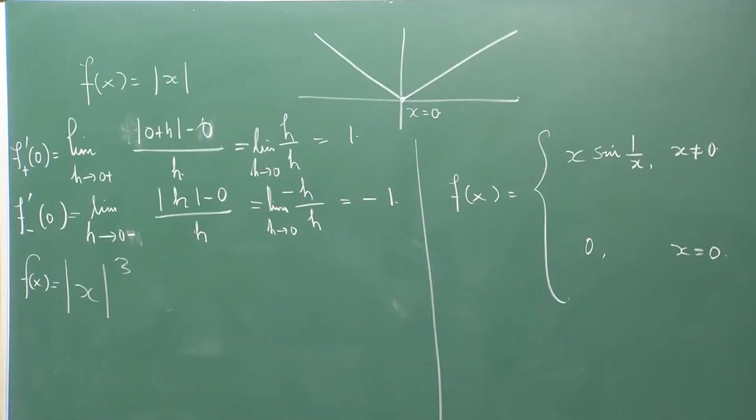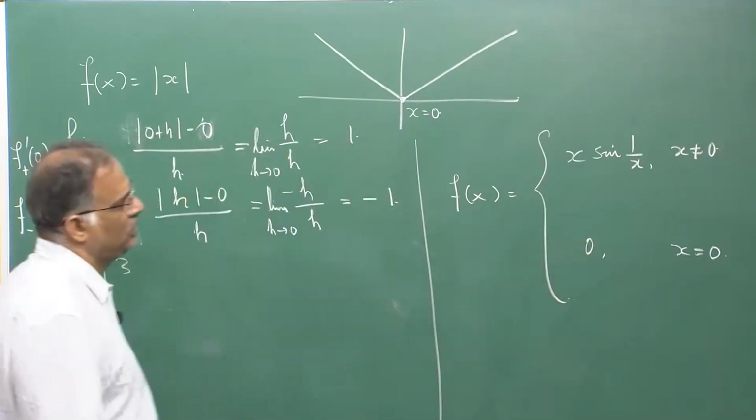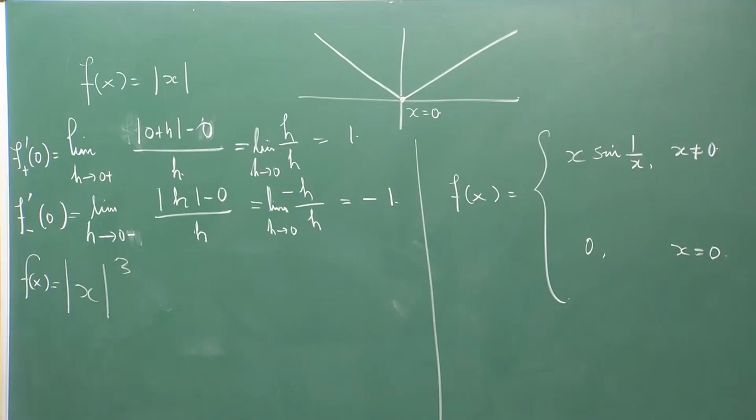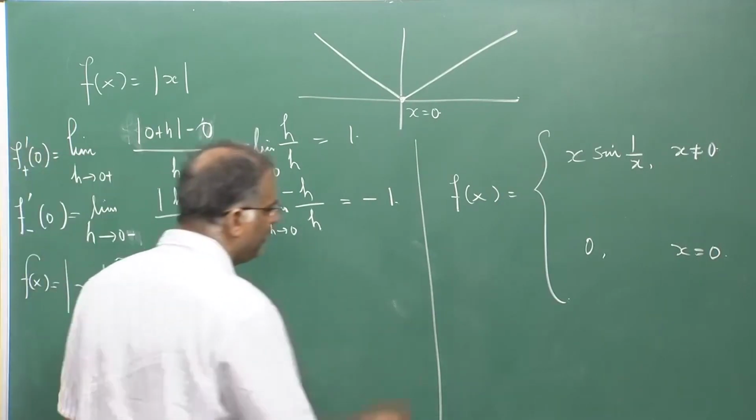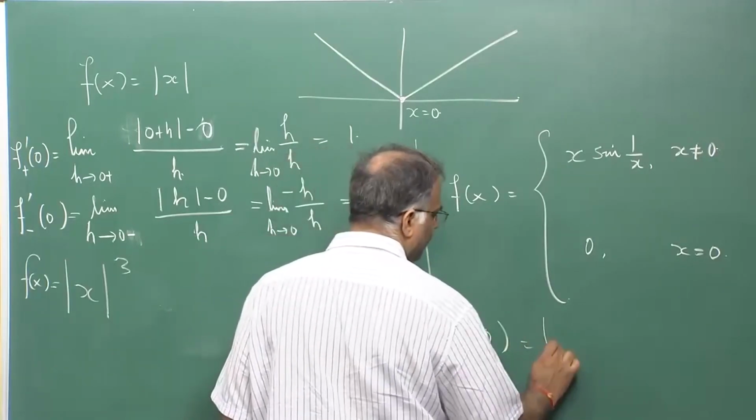When x is not equal to 0, you can easily calculate the derivative for those who know how to calculate derivatives. But even from the first principle, if you come to 0, then there is a problem. Then again, if you go by the first principle, let me write down. So, I have to find this limit